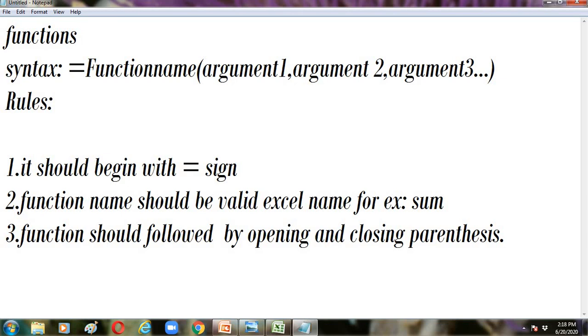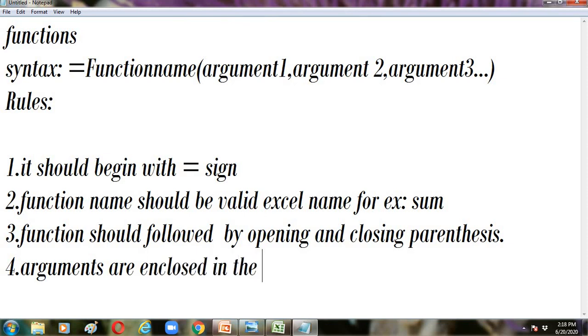Finally, arguments are enclosed in the parentheses. However many arguments you want to specify, all of them should be inside that parenthesis. After the closing bracket, you should not declare any argument.